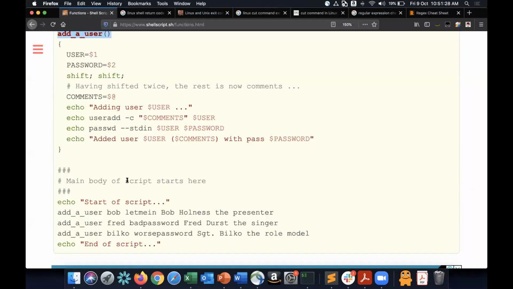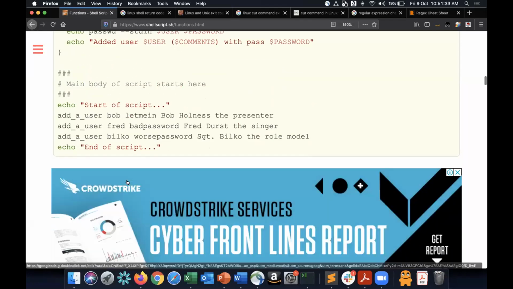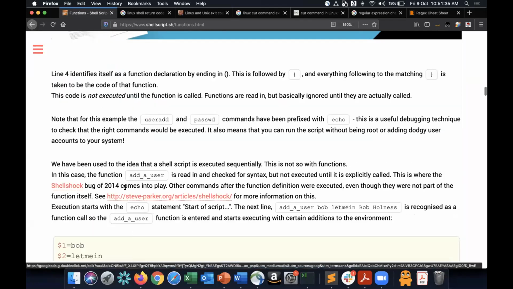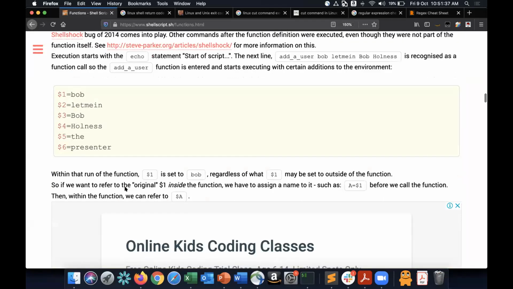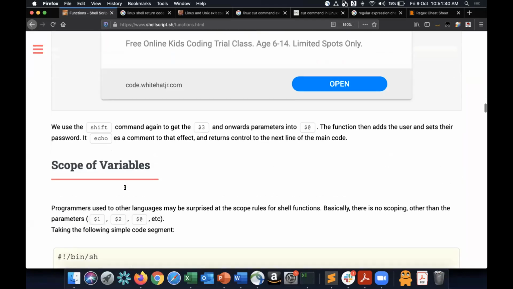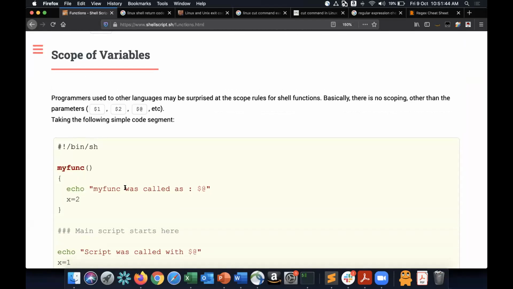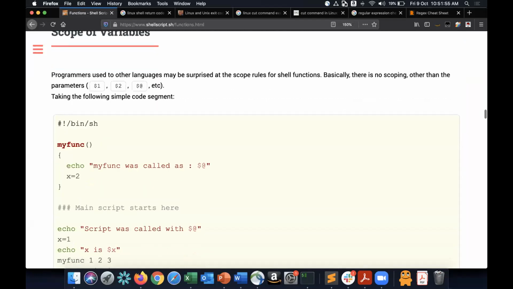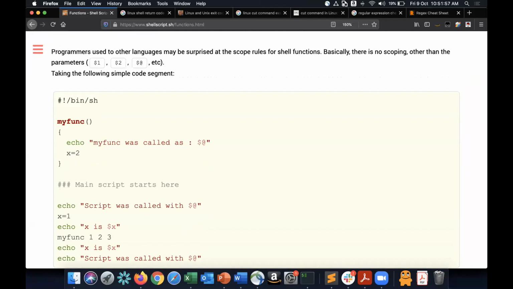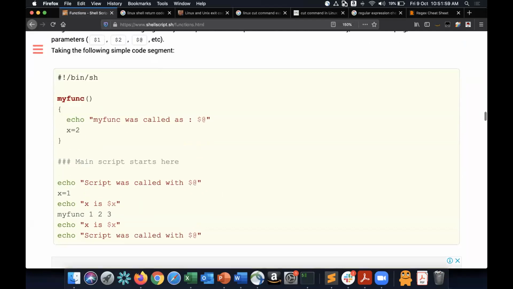And in fact, you will use functions when you write programs. Okay, when you write Python or when you write shell scripting or Java, you will use functions. There's no escape route without using functions. Okay, you can't put everything in one single code block. Okay, and also if you see here,